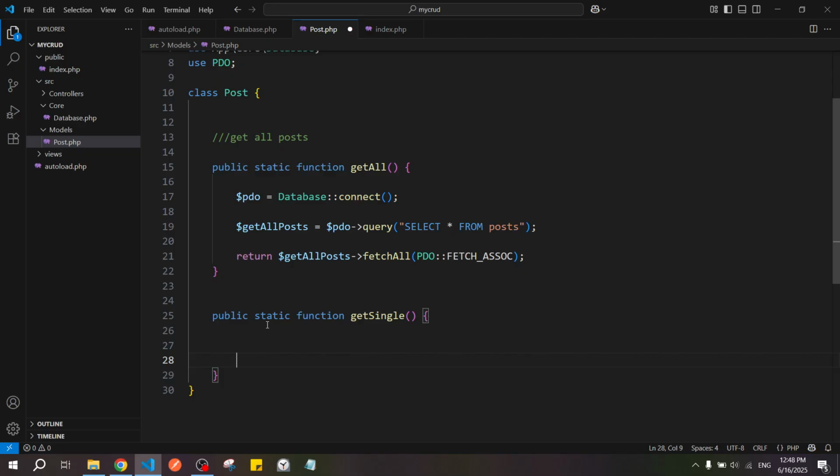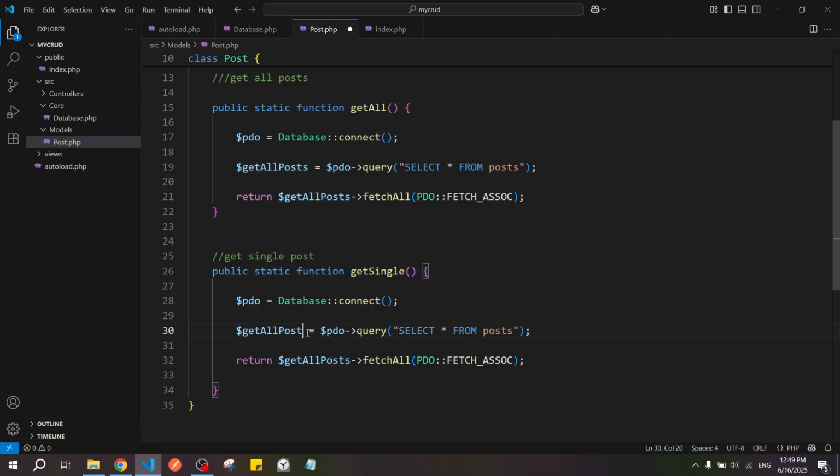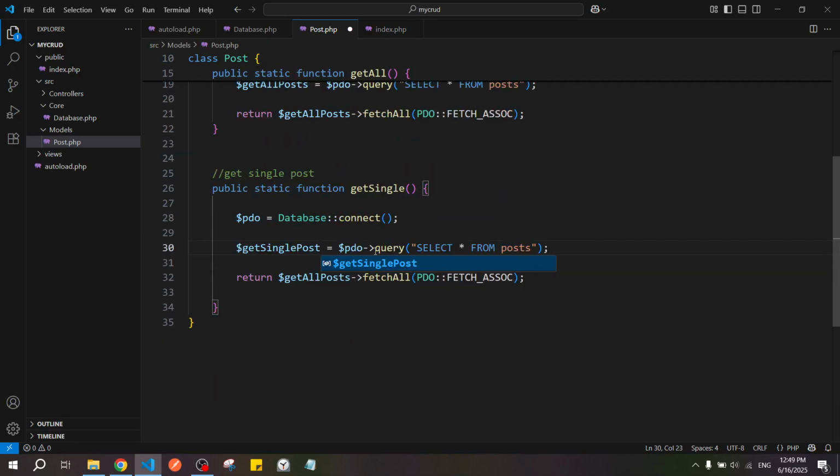All right, so this will be for get a single post. All right, so I will need this part of connecting to my database, and then I will actually copy this part so we do not waste time, and this will be just get single post like that, and the query right here, it will be PDO query select